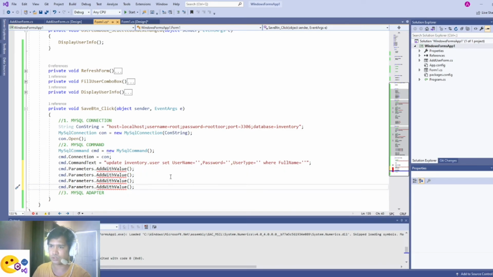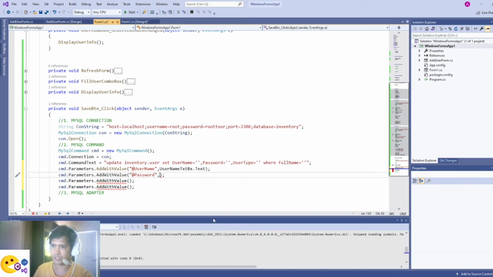So first, we will replace this part. Username, the name @username, then username text box dot text. This one will be replaced